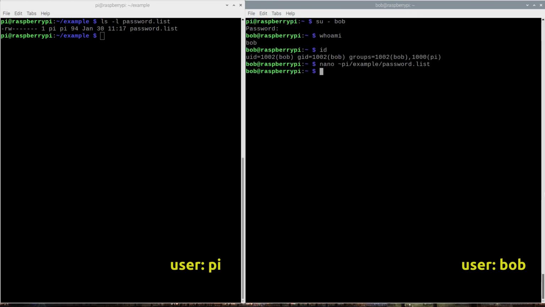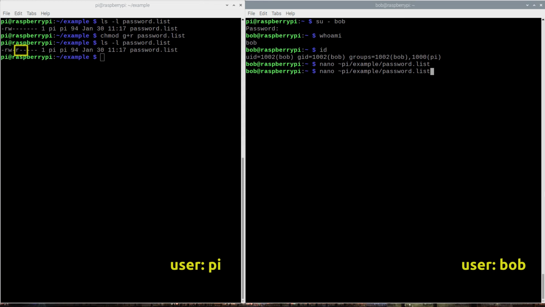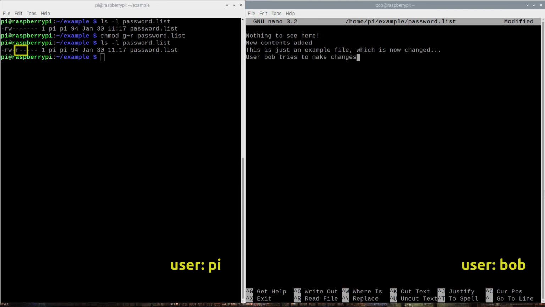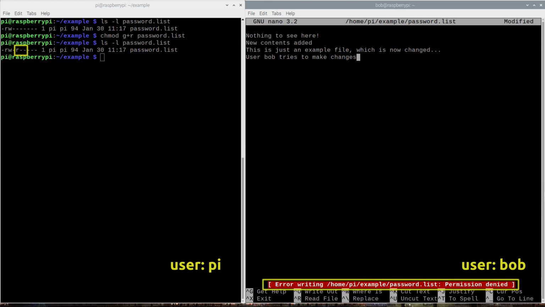User Pi can grant read access to the password file to Pi group, therefore allowing Bob to access that file. Now Bob can copy the file or view the file contents, although the original file is still unwritable to user Bob. Any attempts to change the file as user Bob will be met with a permission denied message.